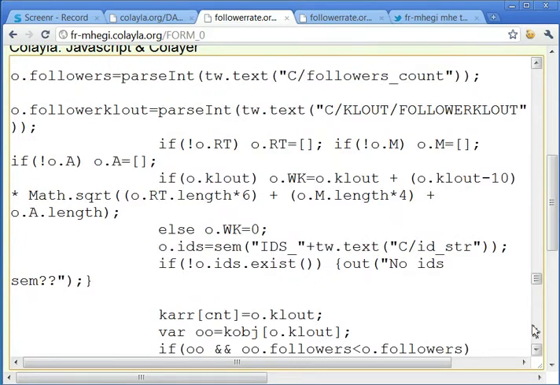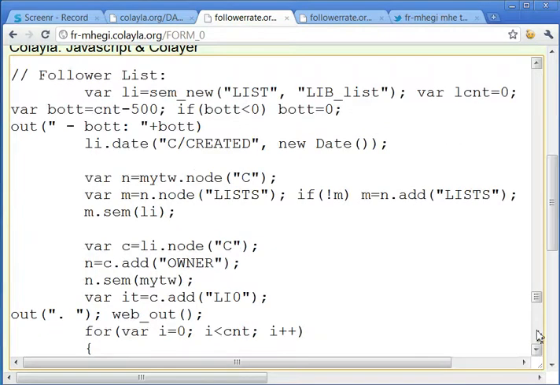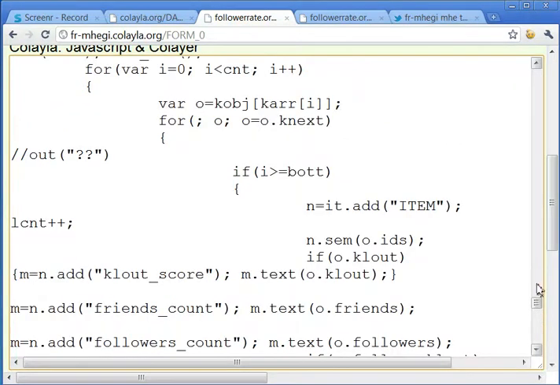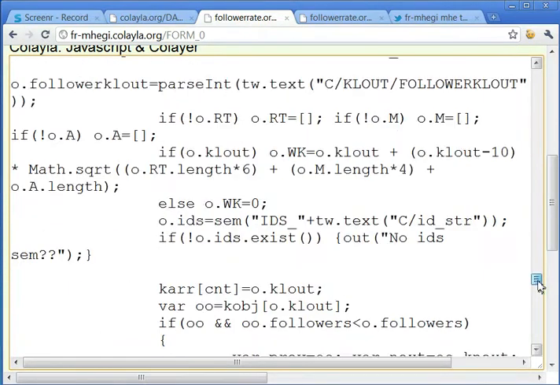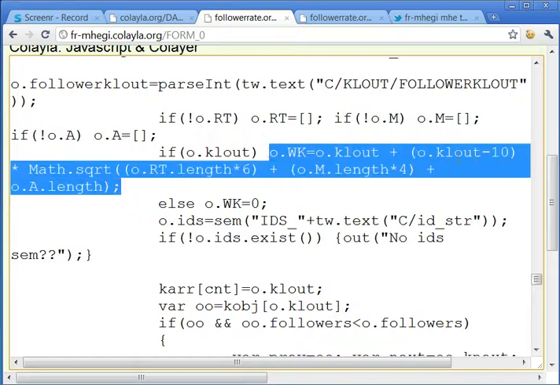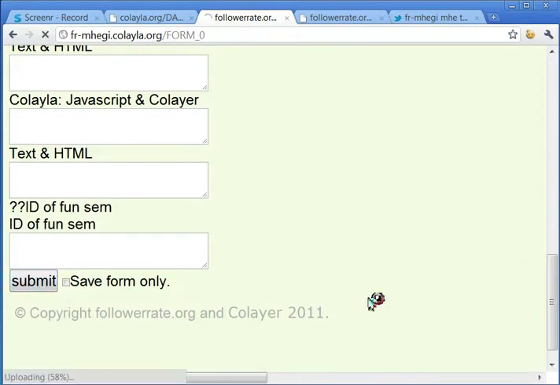And here somewhere you will find the formula to create the weighted cloud. Here. So that's the formula to create the weighted cloud. It's basically 6 times the RTs, 4 times the mentions, and 1 times the answers. So if you think the RTs should be more weighted, you weight it with 20. So you have changed this function, you submit this,